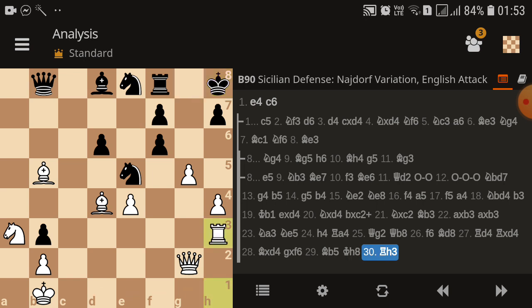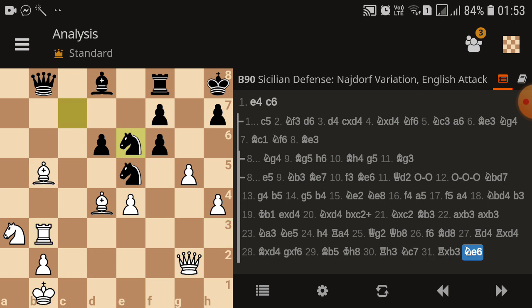So rook h3, again the point is rook would come to g5 and will attack the g7 square or g8 square. So now here the good move is knight c7, attacking the b5 bishop. So rook takes b3,